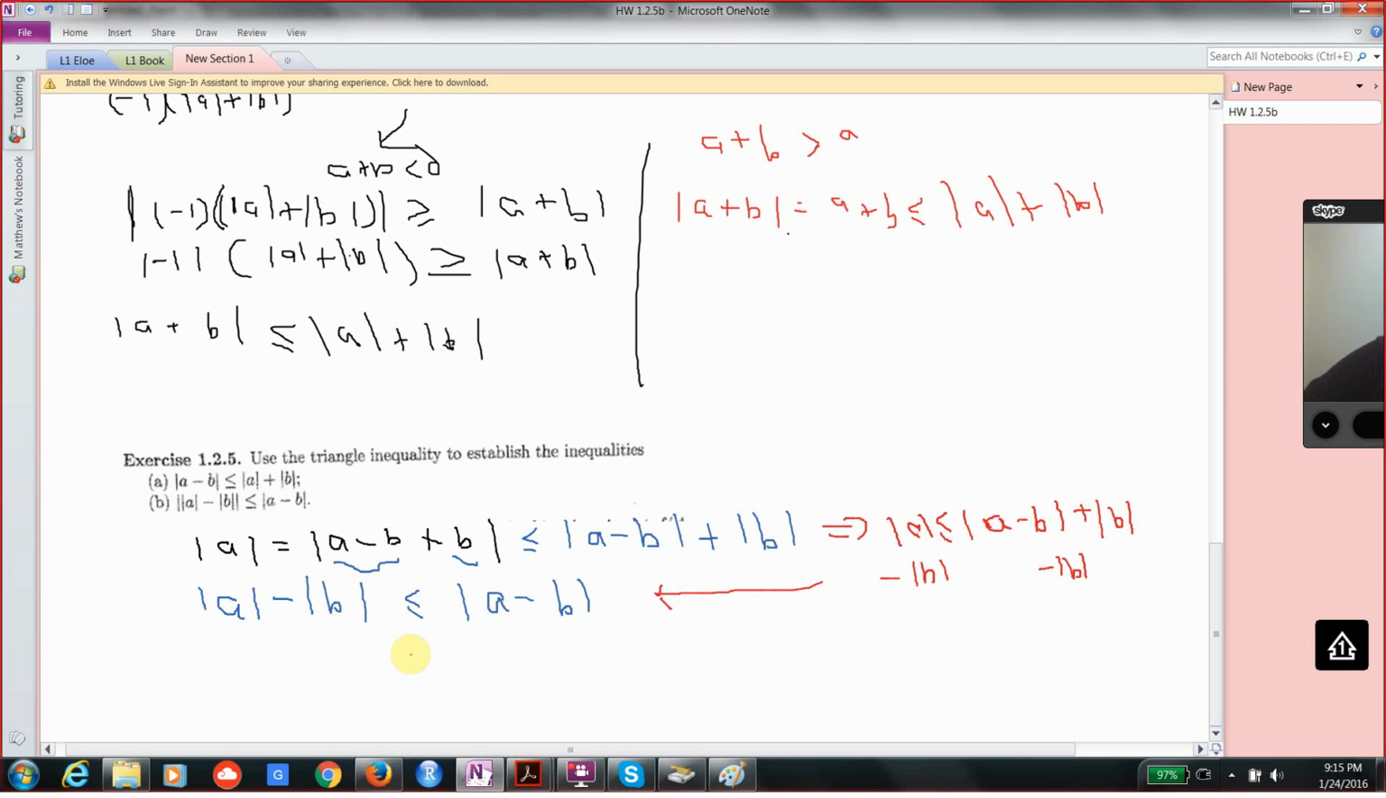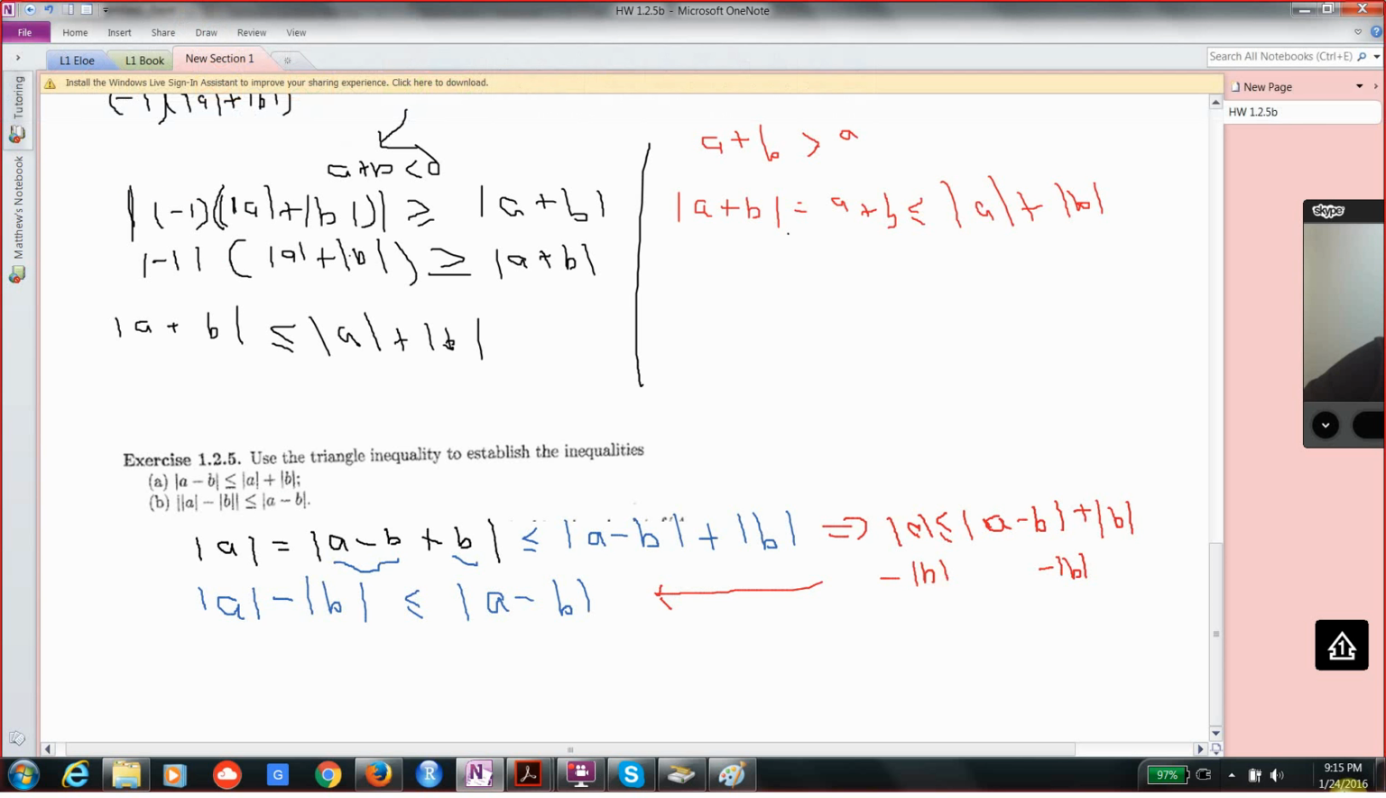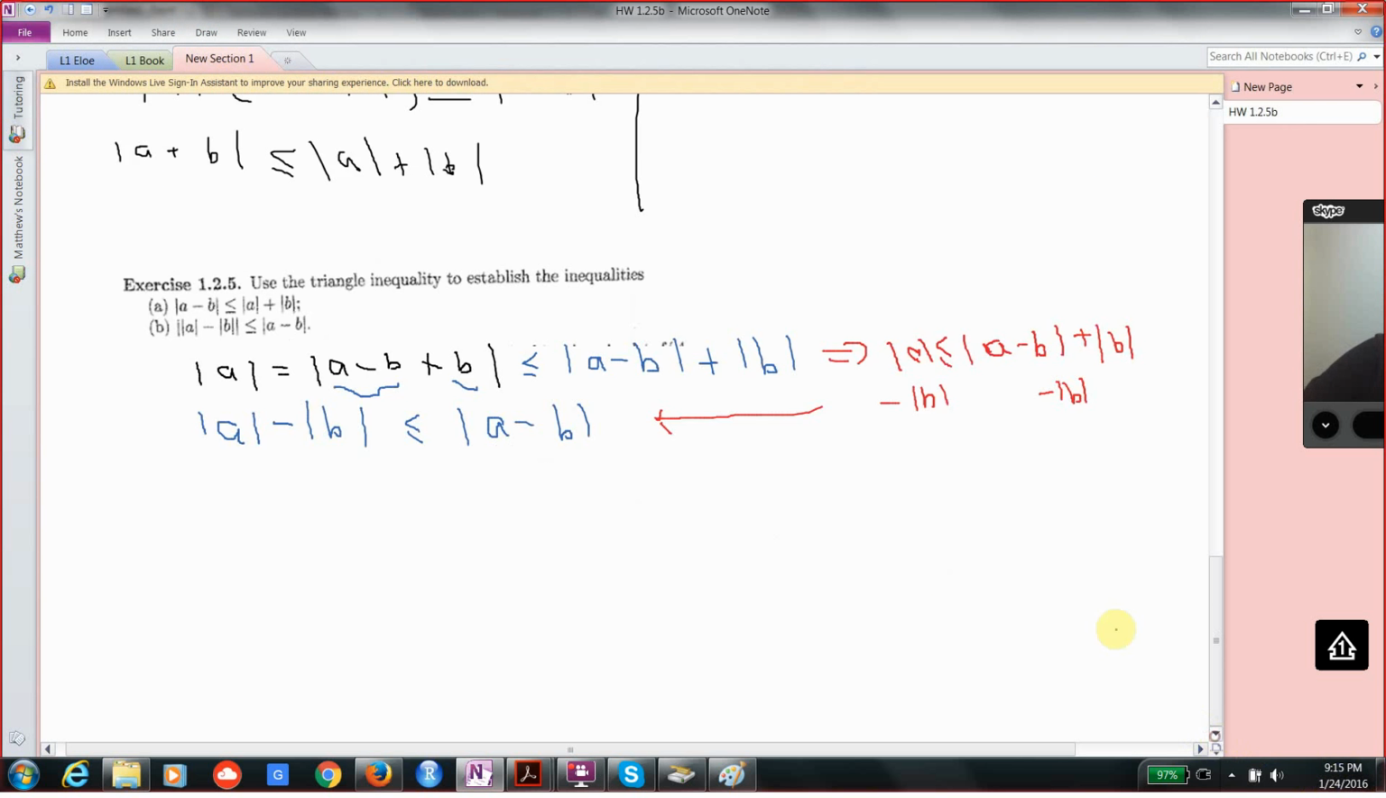Now I'm going to do something kind of tricky. I'm going to start off the same thing, except now instead of A, I'm going to start with B. So I'm going to start off now and say the absolute value of B is